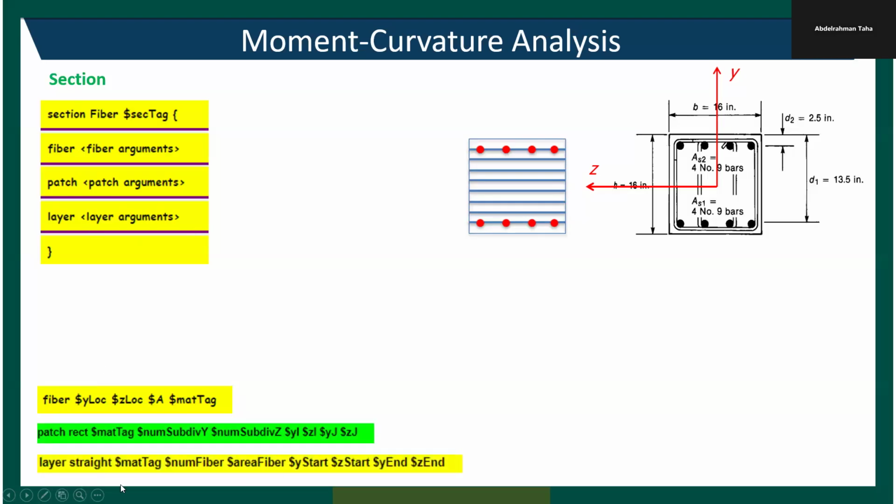the layer command. And in this case, basically, in cases where you have a uniform distribution of bars, like what we have here, uniform distribution meaning that the distance between each two bars is the same. These are 3 identical distances. So we have uniform distribution. So in this case, you can just use this layer command to model this whole layer of 4 bars in